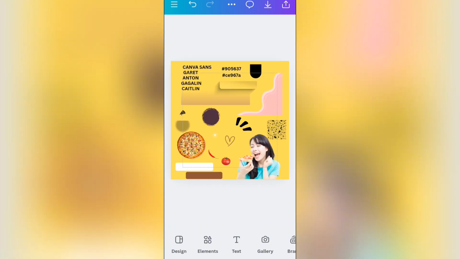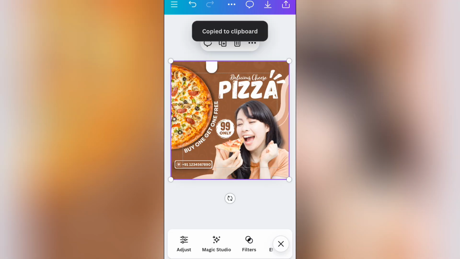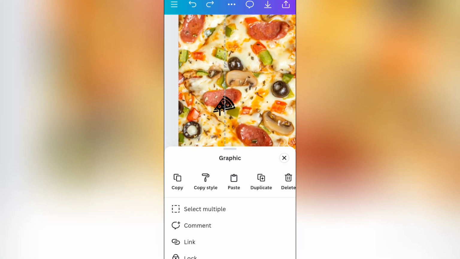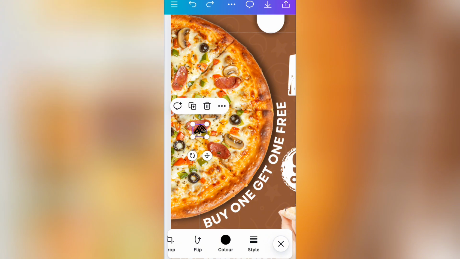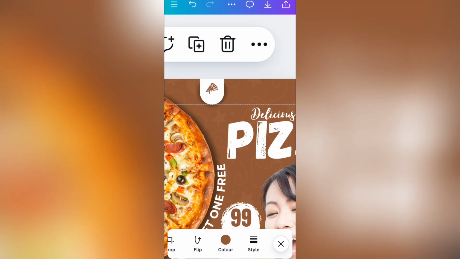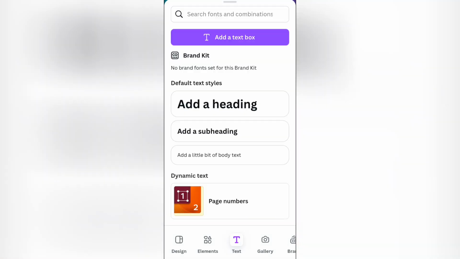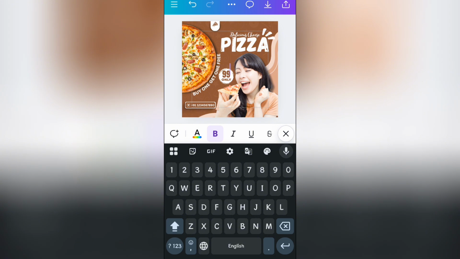Go to again here and select this PS slice and copy it and paste right here. Increase the size, select it and change its color to background color and select it and drag right here. Increase the poster size, you can set like this. We can go to text and add a heading and write here Food Hub.